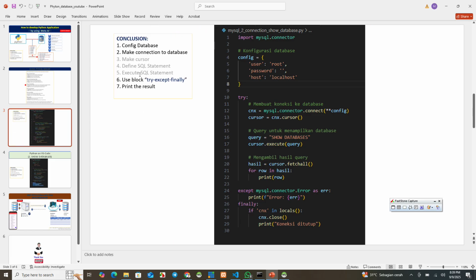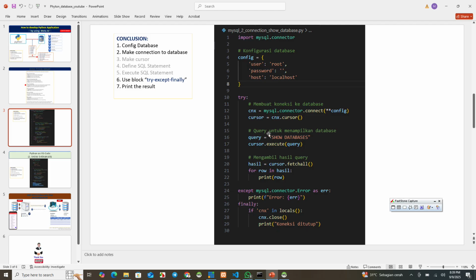The first one, config database. This is the configuration of the database. The number 2, make a connection to the database: CNX equals MySQL connector. And then make a cursor, and also define the SQL statement.